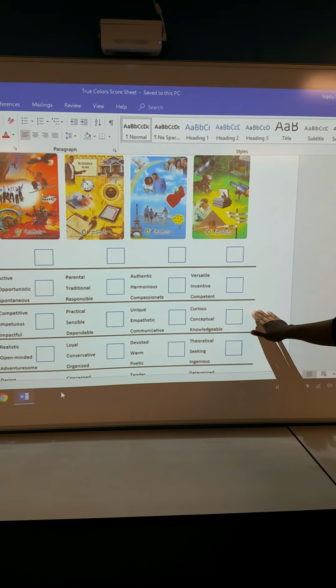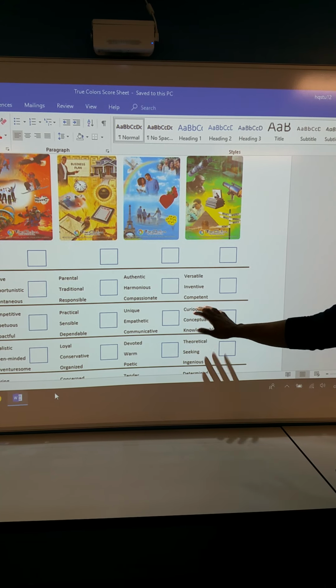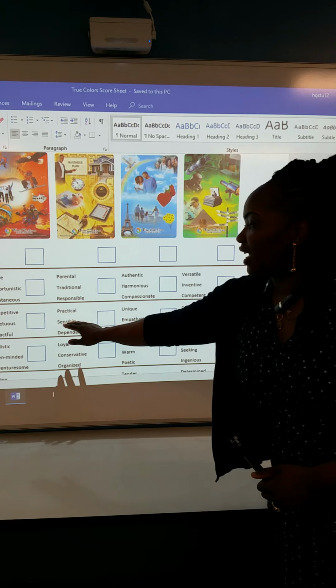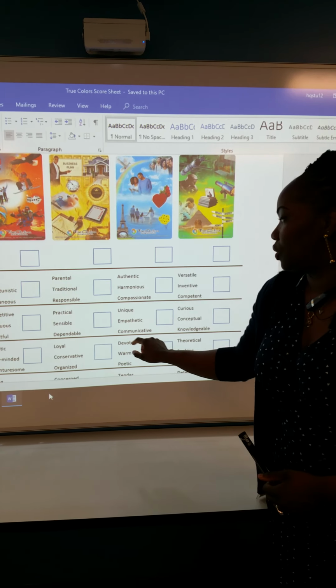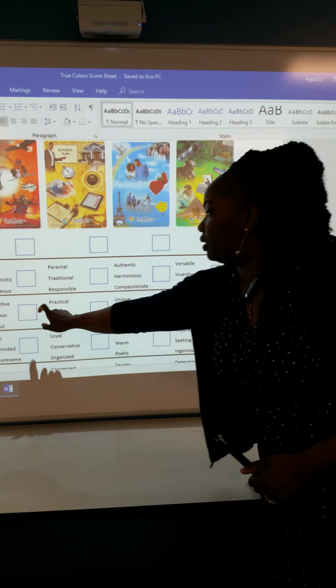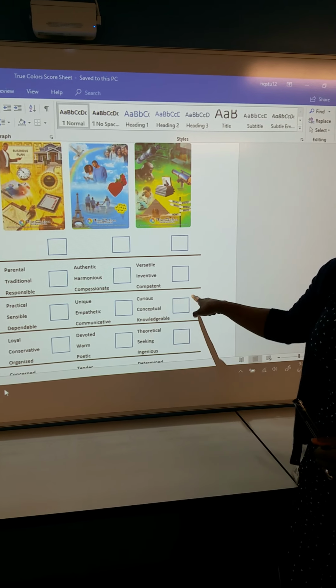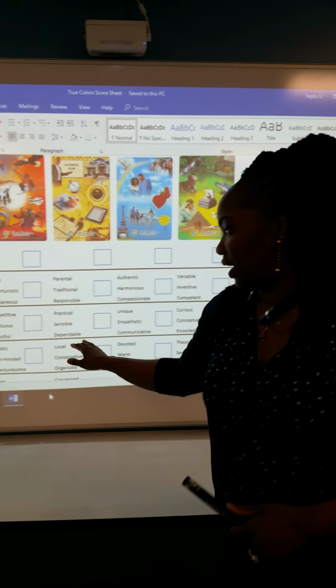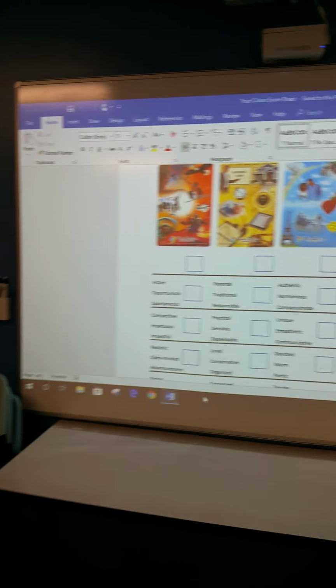After you're done with that, you would move to the next word cluster, which has competitive, impetuous, impactful, and you can see these different wordings, but what you will do is the same thing that I did with the first set. You will go ahead and assign them. So this might be most like you, where it may be a 4, 3, 2, and 1. Once you've completed that for all of the areas, and I will show you,